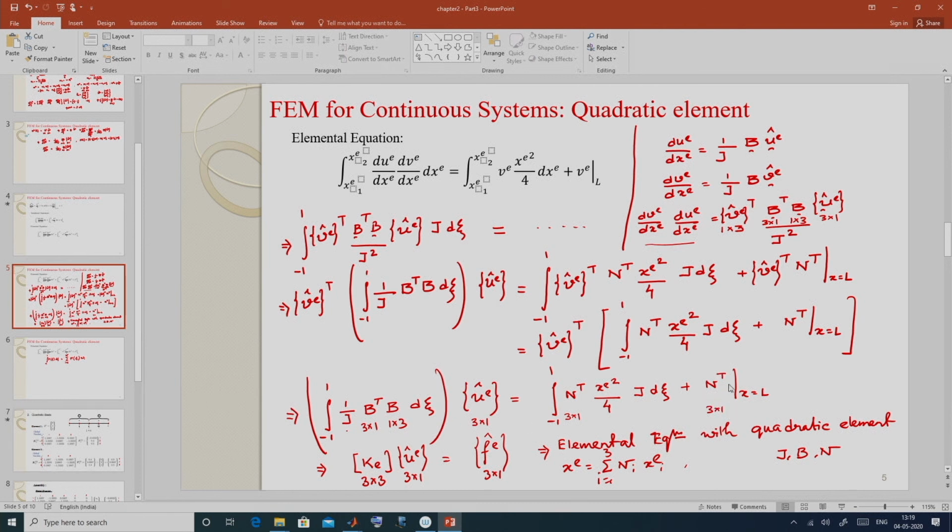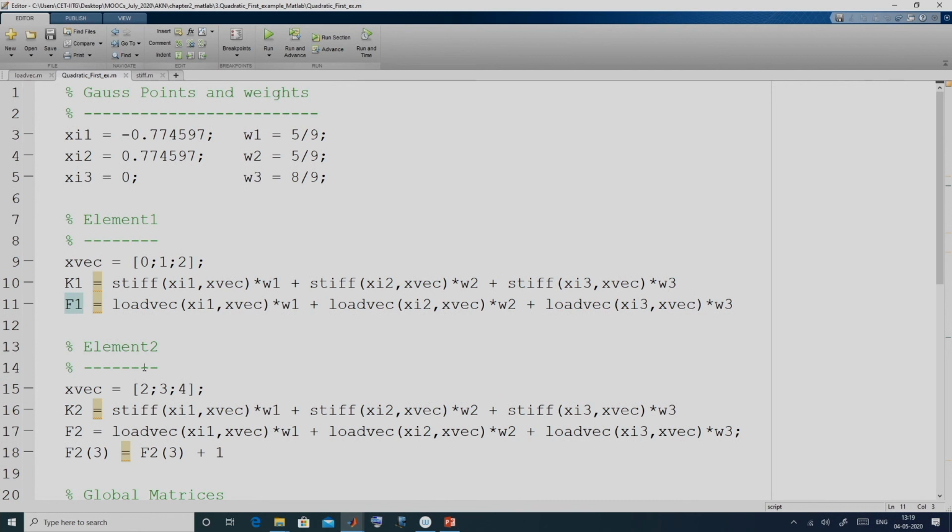The second part is calculated at x equal to L, which is not part of the first element. So, the first element only consists of this first part. So, that is the F1. Now, let me run this program.